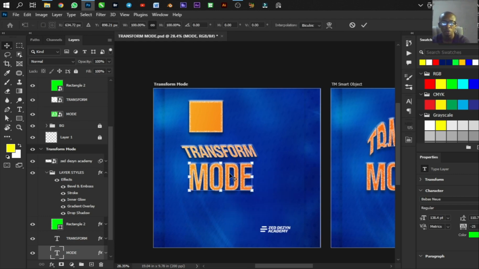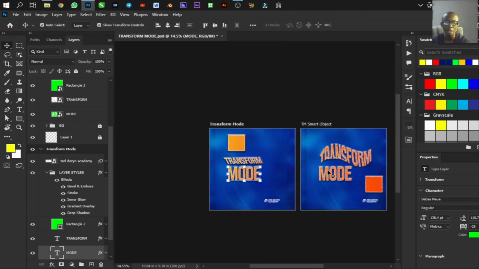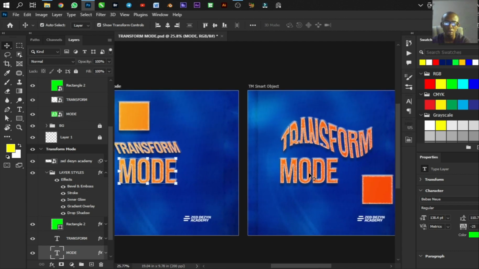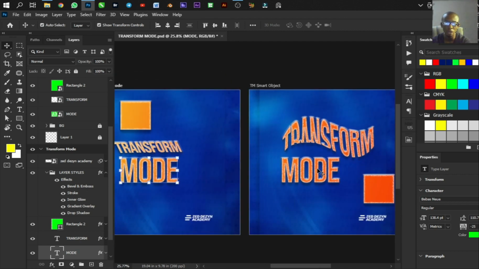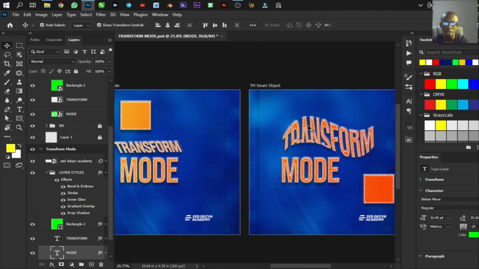Or if you Control T and right click and say warp, you definitely want to. The function is different anyway when it's in text mode, but we'll make it a topic in the next class. But so far so good. This is just an introductory class to transform mode. And so the last thing I want to do is the flip horizontals. Okay, so let's say we have